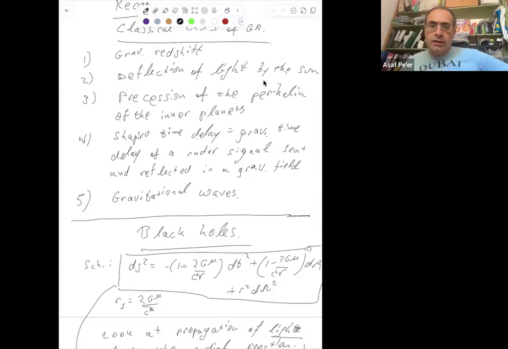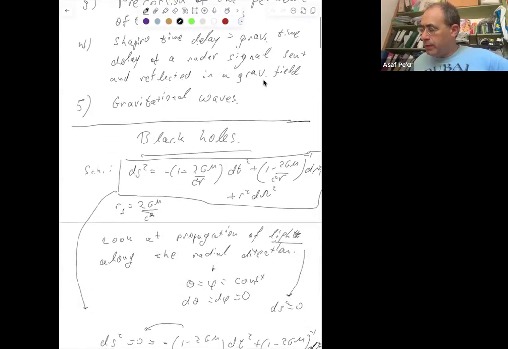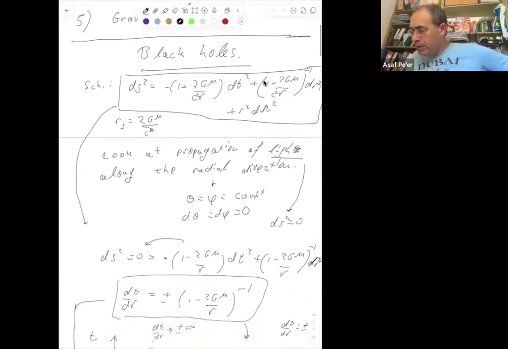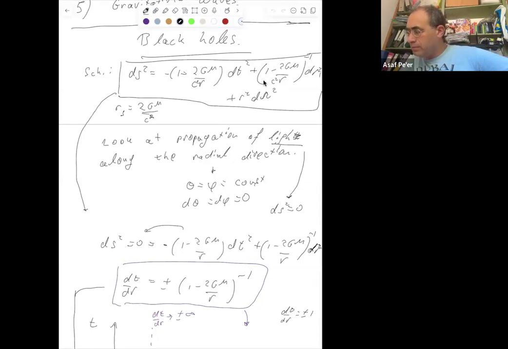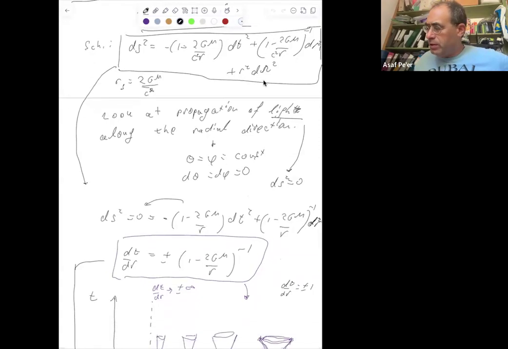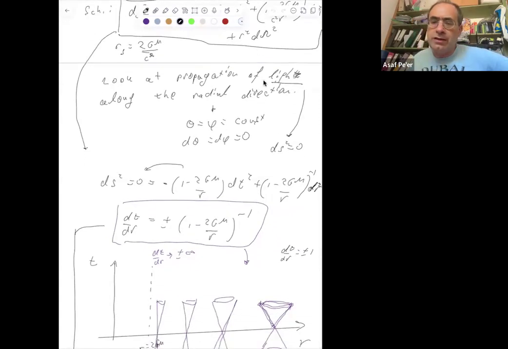All right. So last time we spoke about black holes. We looked at the metric very briefly, right? So just a quick recap. We looked at the metric, and then we asked ourselves, okay, what happens to a light that is going on a radial null direction? Radial null means that it goes in straight lines. And we saw that in principle, it's going to take an infinite amount of time to reach the Schwarzschild